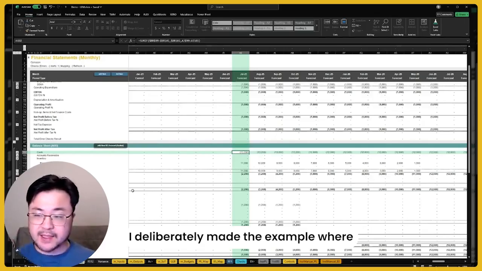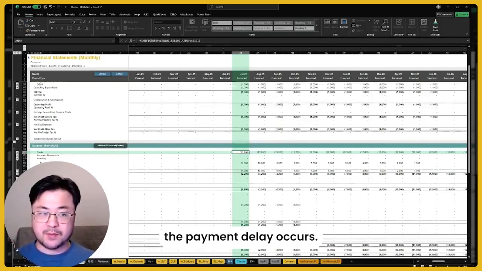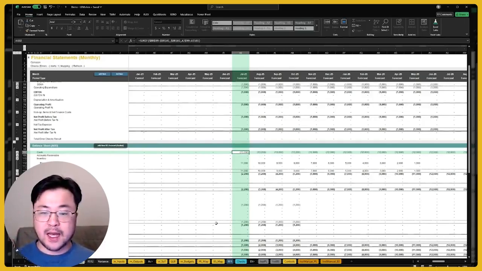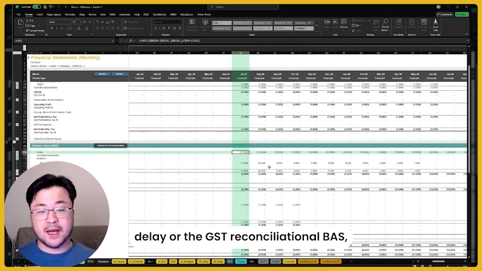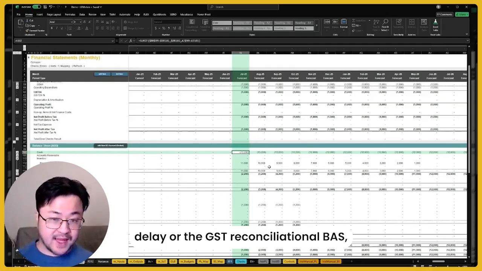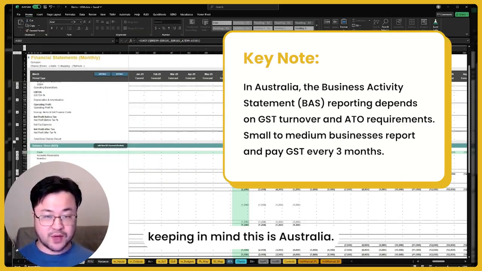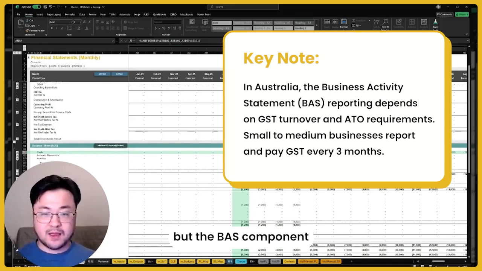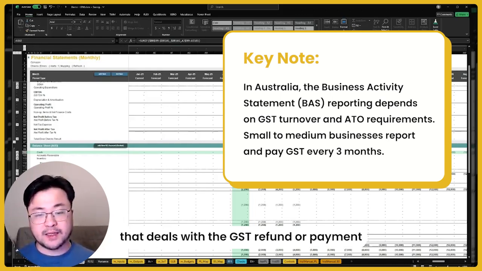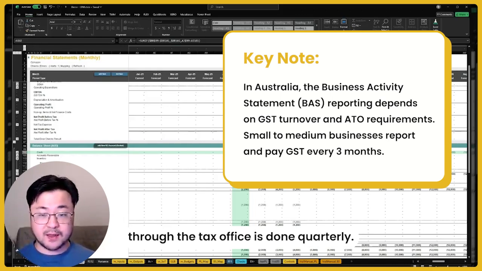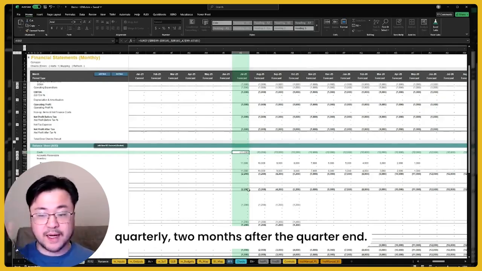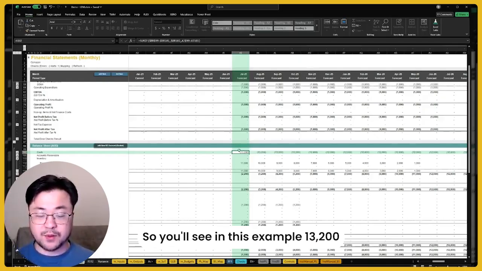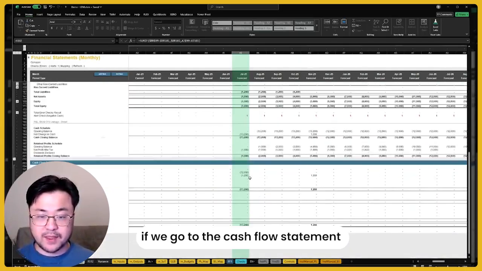I deliberately made the example where the payment delay occurs, the GST payment delay or the GST reconciliation or BAS, keeping in mind this is Australia, it might be different in different countries. The BAS component that deals with the GST refund or payment through the tax office is done quarterly in our example, quarterly 2 months after quarter end. So you'll see in this example, 13.2, or if we go to the cash flow statement,